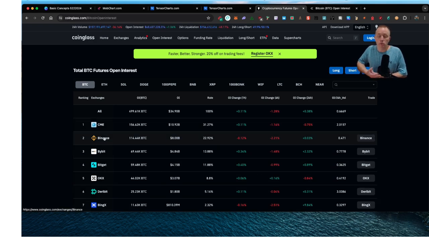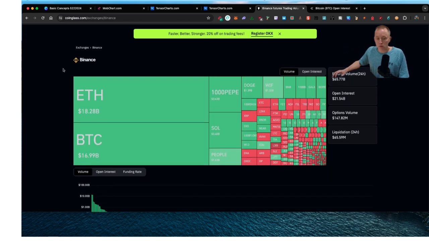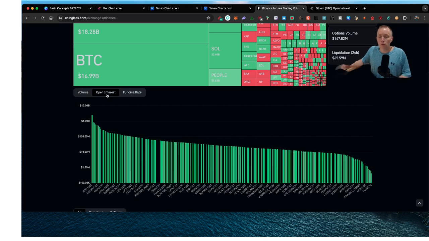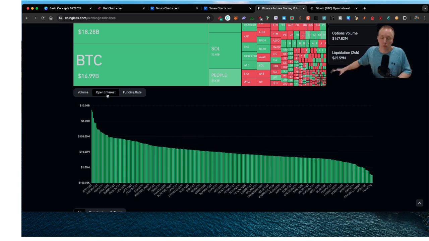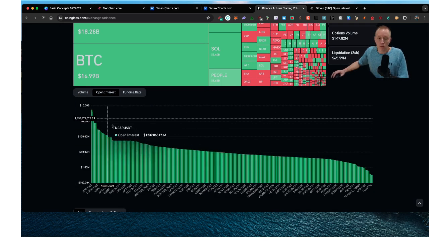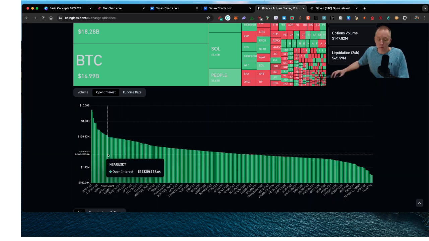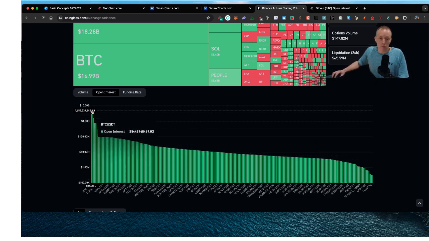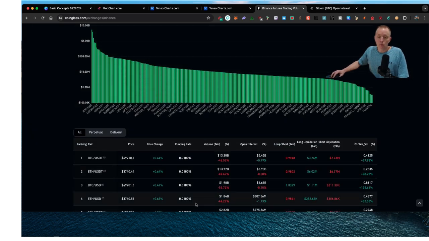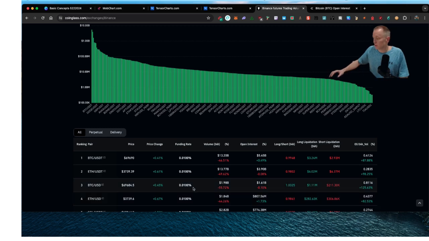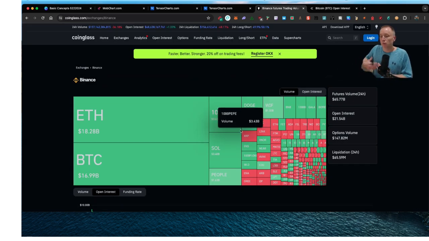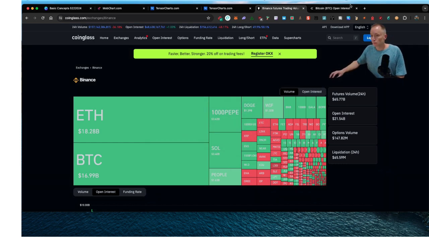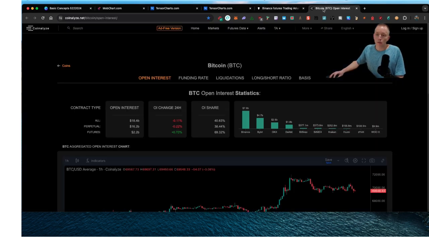generally, if you're going with a big exchange, like Binance, at least still for the time being, or something like that, when you're looking at open interest, it should be good enough or give you a good indication, right? And this is just a level of all the different open interest across coins. Obviously, the highest open interest is on Bitcoin, but you can use this to get a good reference. When I'm starting my day, one of the things I'm looking at is open interest and funding rates and things like that.